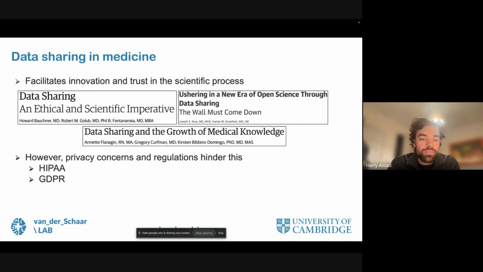They argue it is an ethical imperative and will be crucial to continue innovation in medicine. However, because of the sensitive nature of medical data, particularly patient-level data, and the many regulations around it, including HIPAA regulations and GDPR in Europe, this can restrict the amount of data sharing that is allowed for research purposes. This can slow down the scientific process, and make all the innovations that would be possible with easy data sharing much slower. This isn't to say these regulations are not important, but it does certainly slow down the scientific process in that respect.